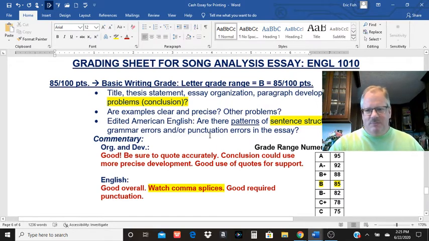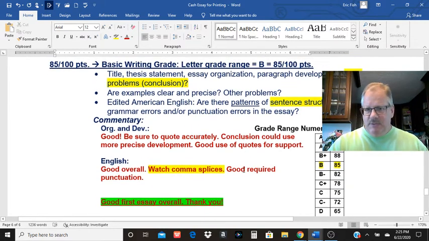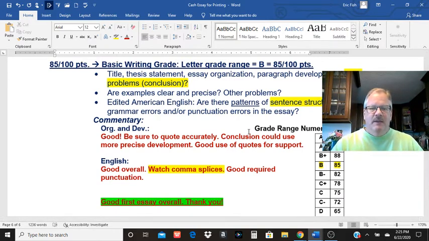Complain about the conclusion a little bit, things like that. But you're going to see you get a basic writing grade. I'd look at all these components, deal with all these questions, make my commentary where I kind of summarize what I'm seeing in the essay. And inside the basic writing grade and the letter grade,